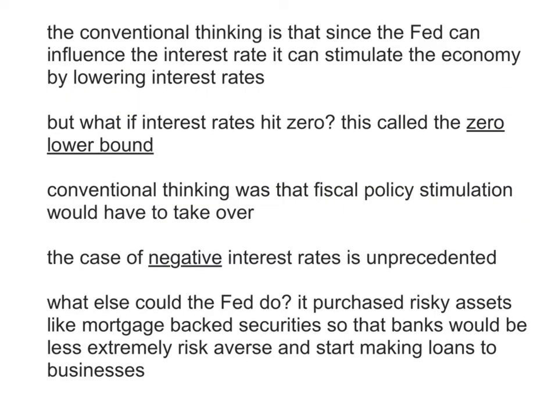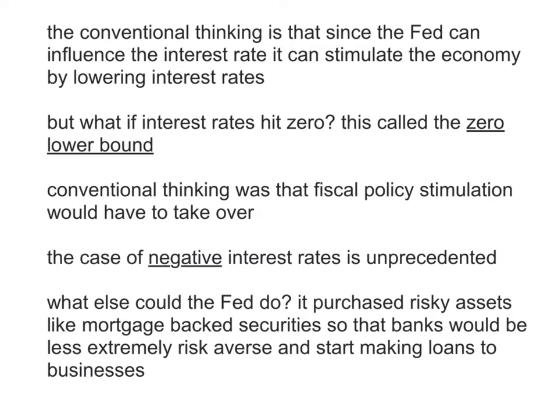I'm going to jump right in and talk about how complicated it can actually be for the Fed to try to influence interest rates. Now, in the story we talked about before, there's a demand and supply for bonds. The Fed can buy bonds, the Fed can sell bonds. Seems pretty simple, right? But what if the Fed, through buying bonds, drives the interest rate all the way down to zero? This situation is called the zero lower bound.